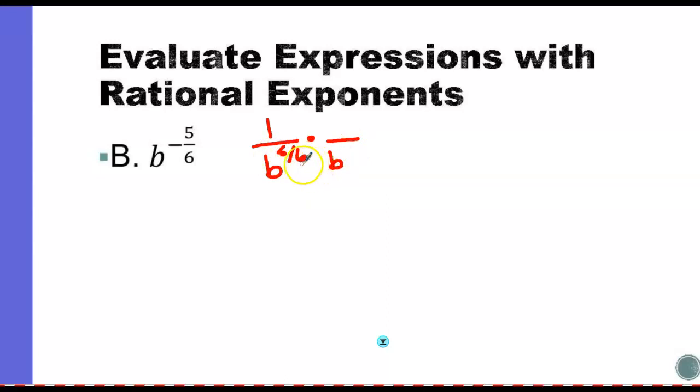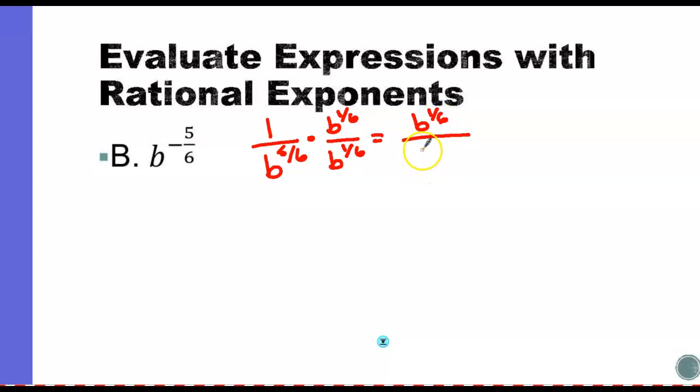So what I'm going to do here is multiply by b to the 1/6. Because when I add 5/6 plus 1/6, I will get 6/6, which is 1 whole. But what I multiply by on the bottom, I also have to do on the top. So b to the power of 1/6